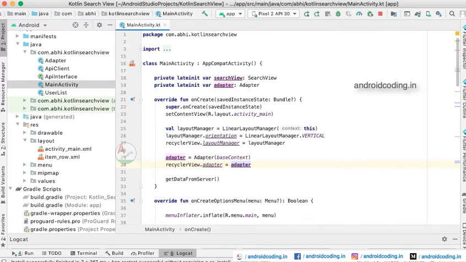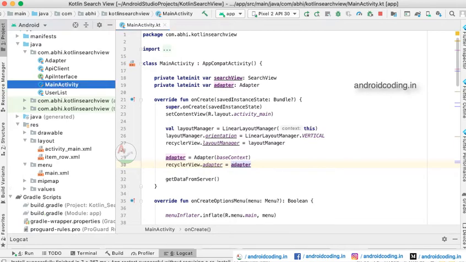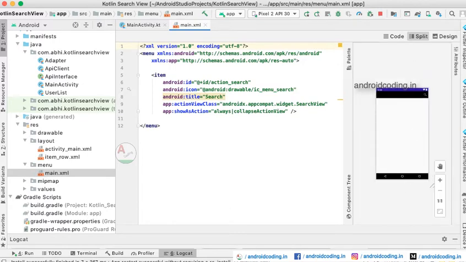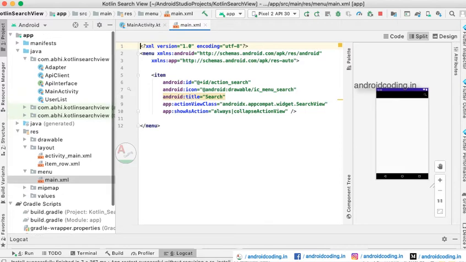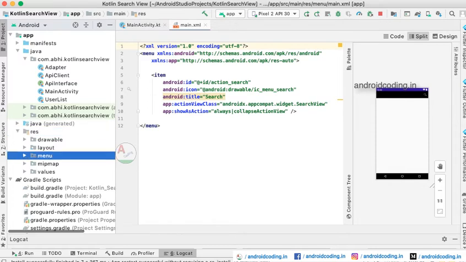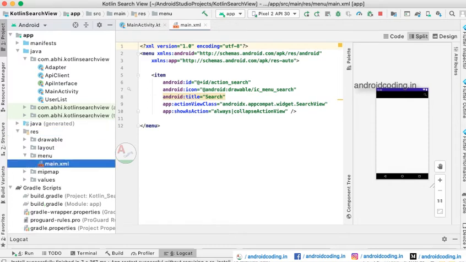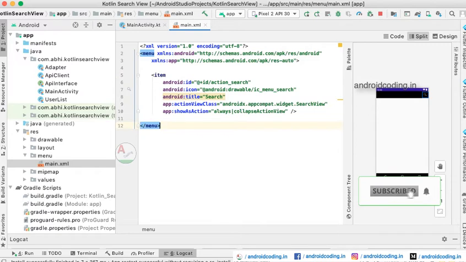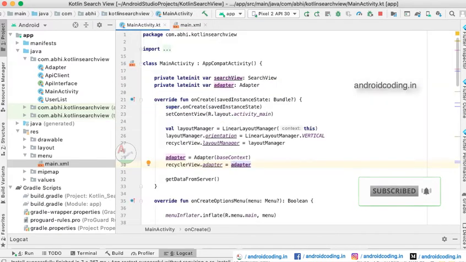In the main activity extending AppCompatActivity, here we have specified the object for search view and adapters. As we are making a search view for the recycler view, here we need to add the action search in our menu. Here you need to add a folder in the resources. You need to name it as menu, inside which we are creating a file main.xml. Inside which we have added an item action_search to make a search applicable on our recycler view.